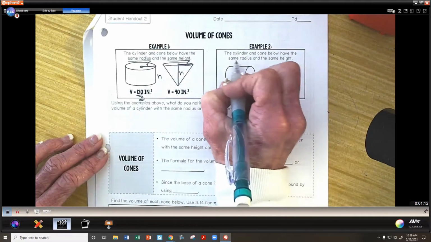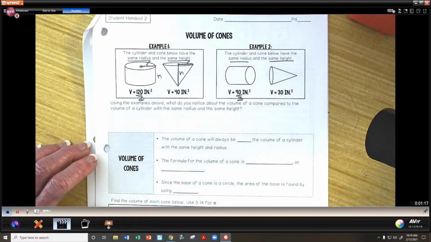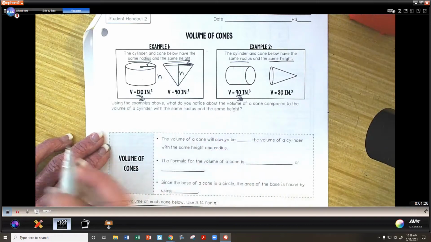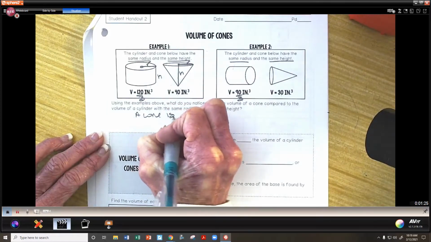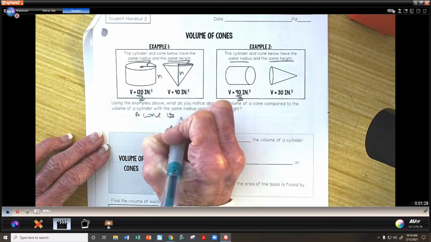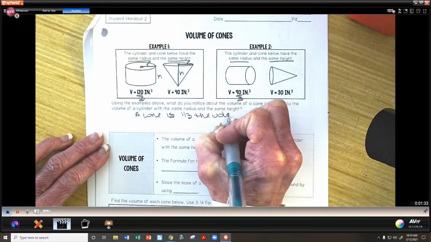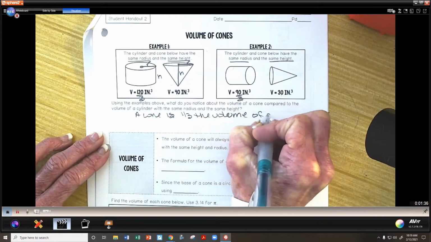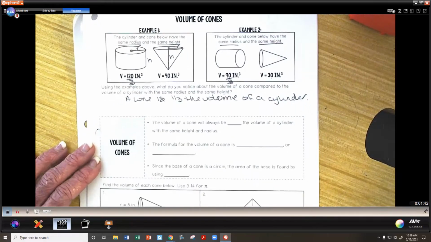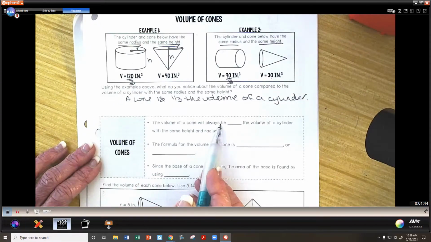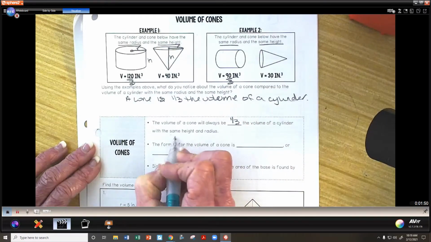Exact same here. Same radius, same height. If we divide that by 3, we get 30. So, with these two examples, let's write out what we noticed. A cone is 1/3 the volume of a cylinder. Okay, so the volume of a cone will always be 1/3 the volume of a cylinder with the same height